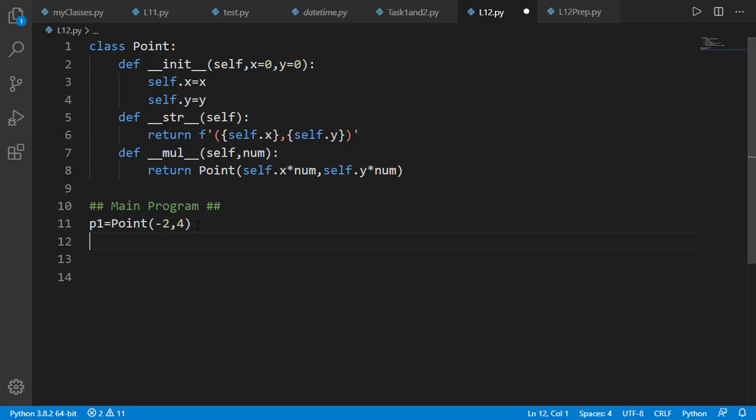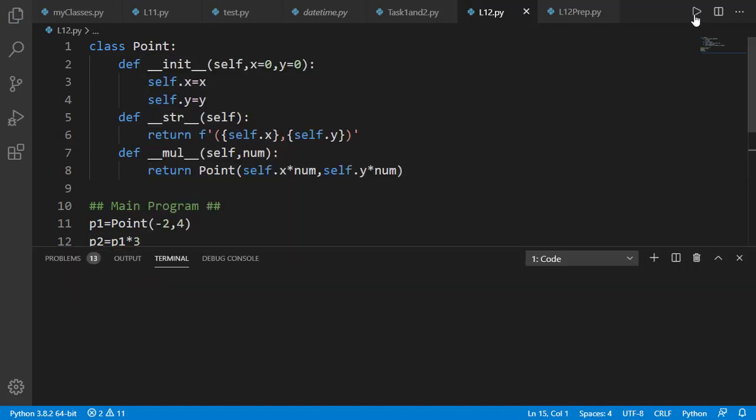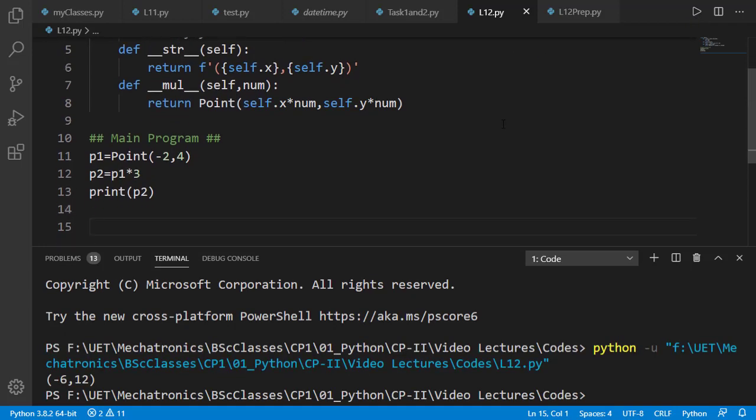I can test it in the main program as p2 equal to p1 times 3, for example. p2 will be a point object as returned by the dunder mul method, and if we print this point, it will be correctly printed as -6, 12, which is 3 times p1.